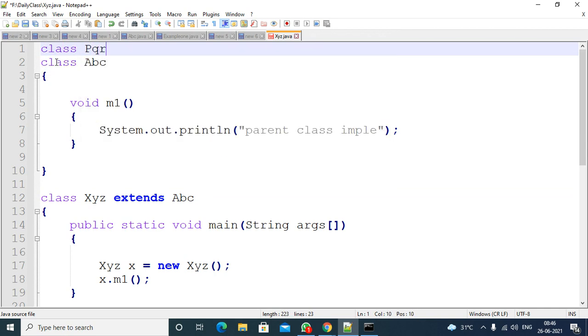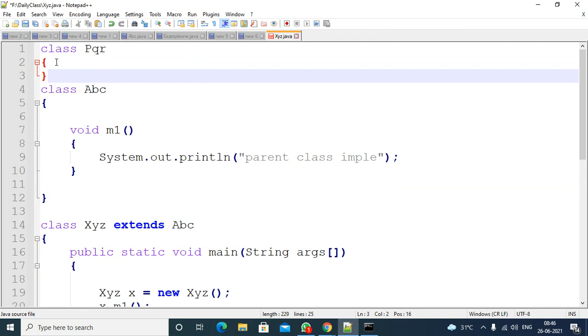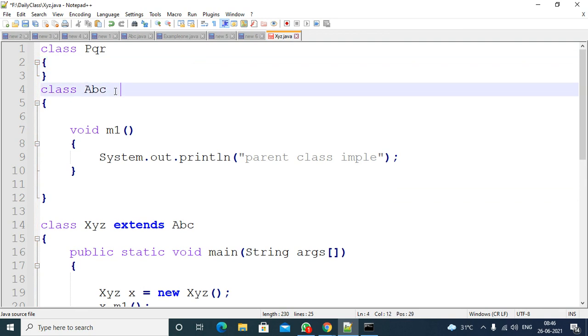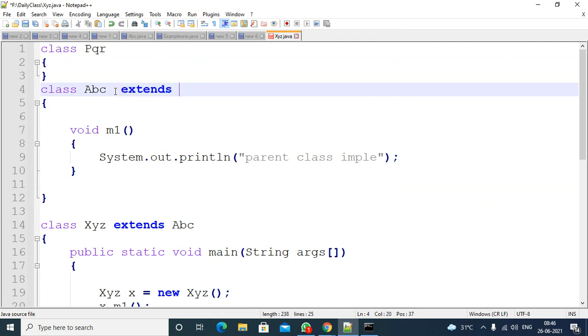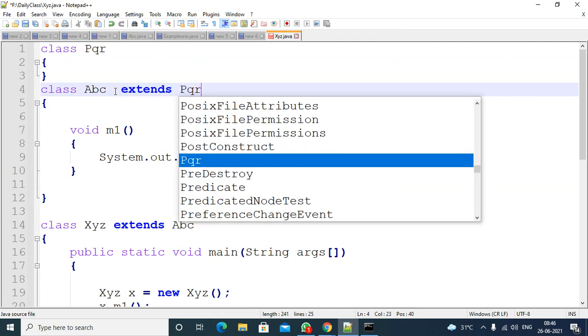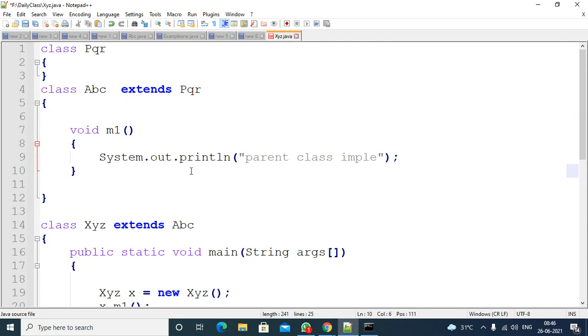Class name is PQR, and if the class is a parent of PQR, then in this case XYZ's parent is ABC, and ABC's parent is PQR.